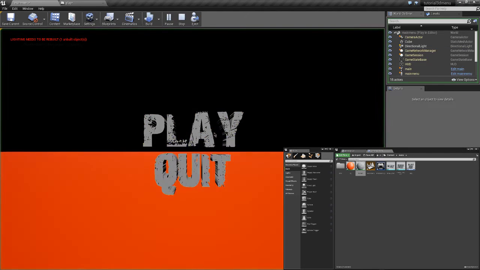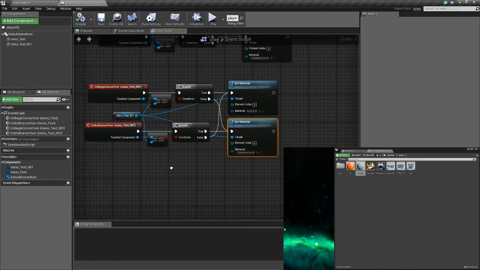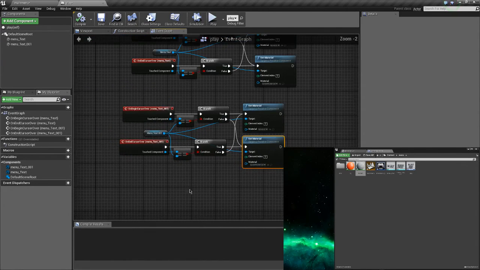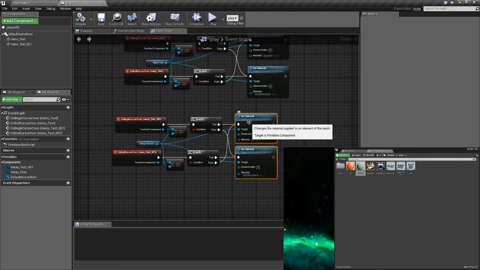So now when we go play, as you can see when we hover over any part of the mouse here, and it is selective to what you are on, the actual object itself, they hover, or they change material. As you can see here, nothing happens when we're clicking, so we'll sort that out. We'll also need to